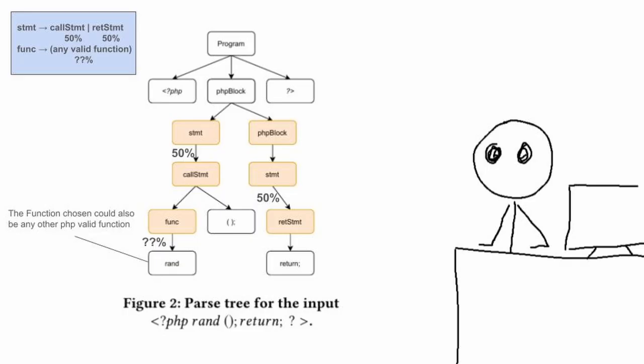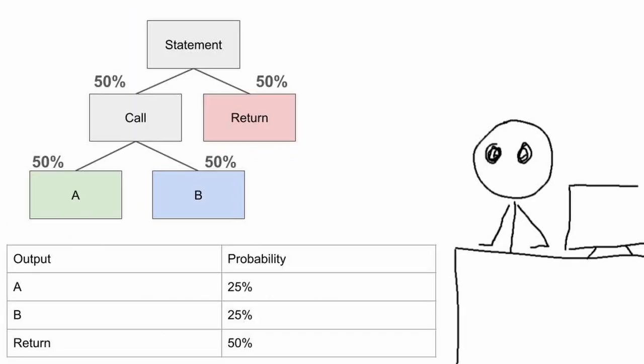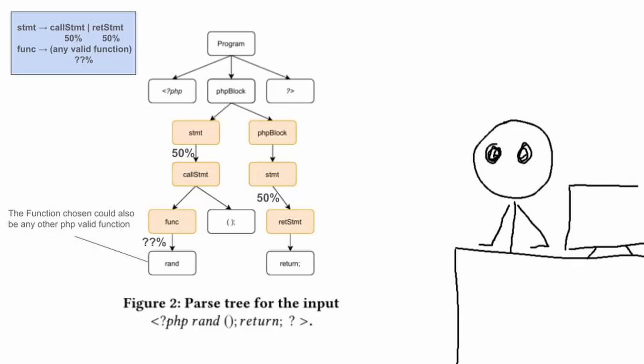In the top left corner, I've written in the blue box some of the grammar rules. As we can see, the statement has the choice of either being a call statement or a return statement. So now every time in a parse tree you see a statement block, it's one of those opportunities like we were talking about before with the A and the B choice. This is a random choice, which, as we talked about before, inherently will add bias because there's only a 50-50